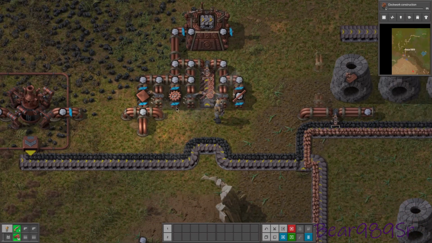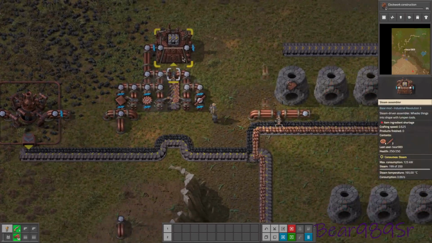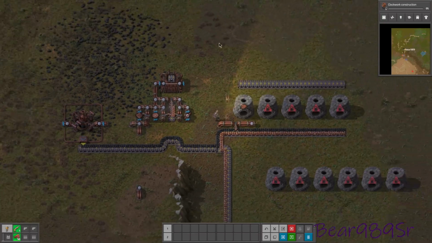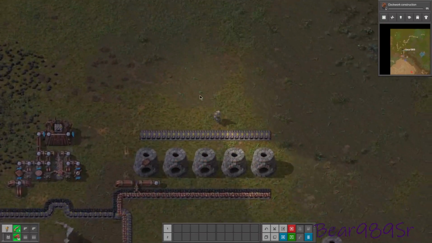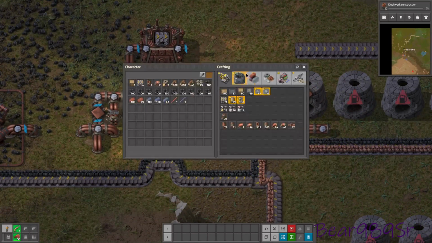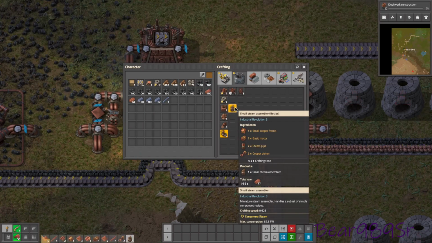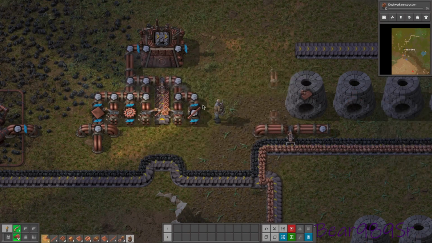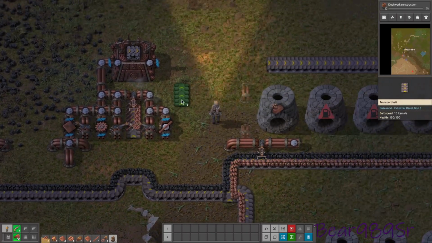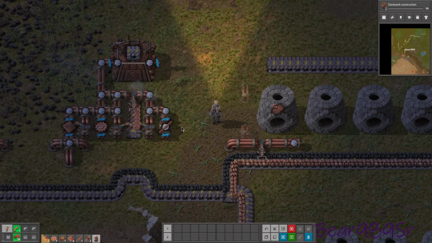Now, the question is, I need to get... This is not going to stay here, by the way, just in case you were worried. I'm going to move this up here once we get all of this done. I just wanted to see if I could start automating stuff just enough to get the belts done. Now, if I set up another one of these here,